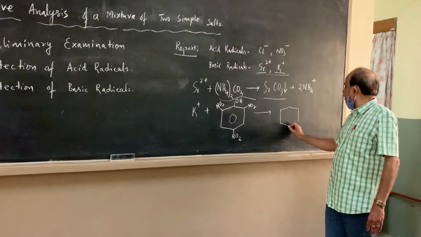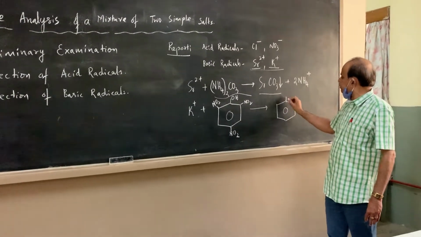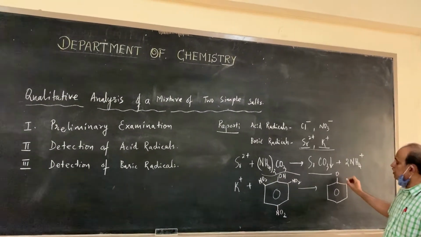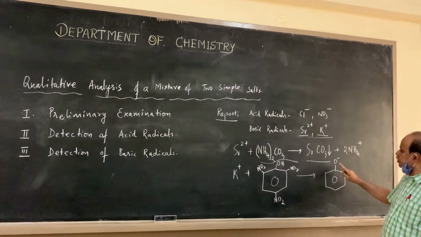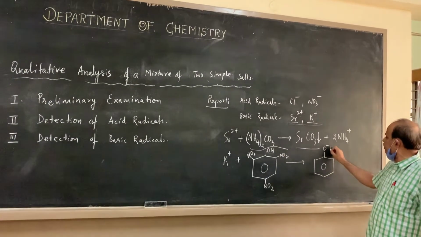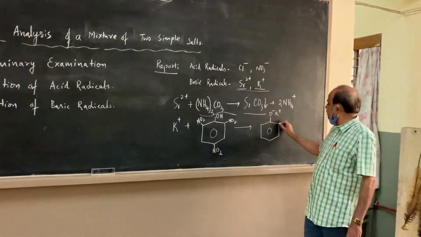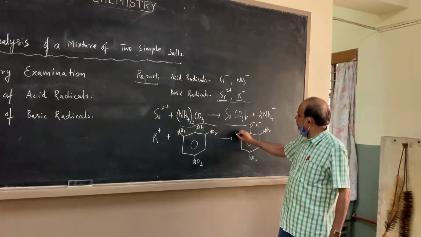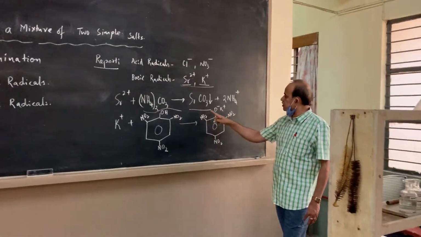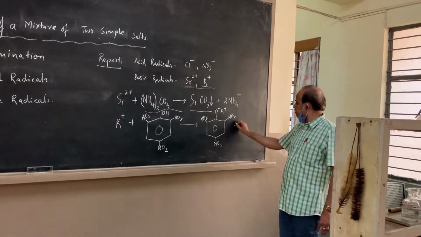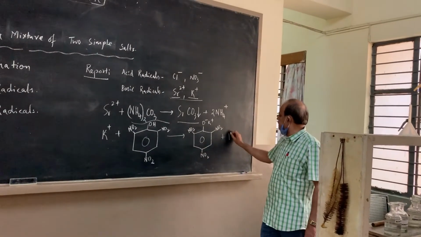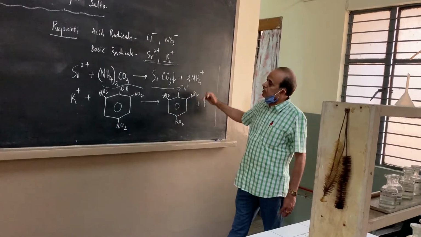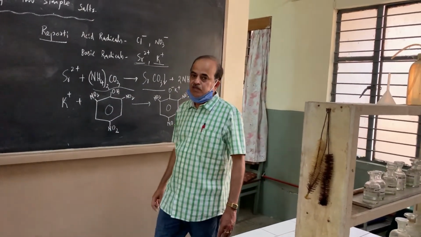It gives you a yellow precipitate, and that yellow precipitate will be like this. This OH group will separate as O minus and H plus, and that H plus will be replaced by the K plus ion. The remaining part remains as it is. So this is called potassium picrate, plus the H that has been replaced, H plus. So these are the chemical reactions which you need to practice for the same lecture.